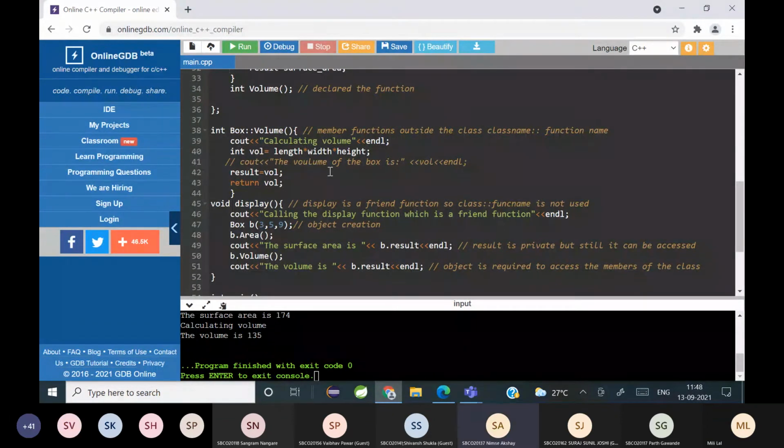Ma'am, member function cannot access private members in the class. Member function cannot? Length, see line number 40, look, length, width and height, and volume is a member function. Length, width and height is a private member, right?